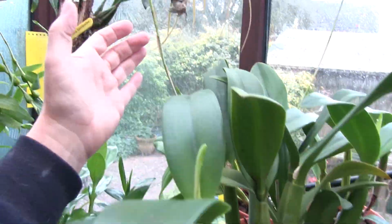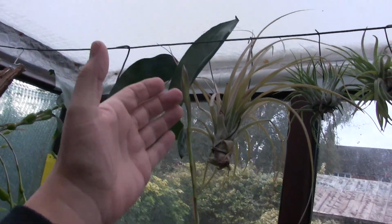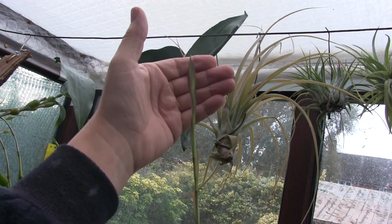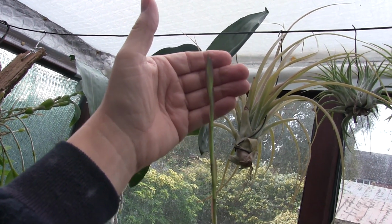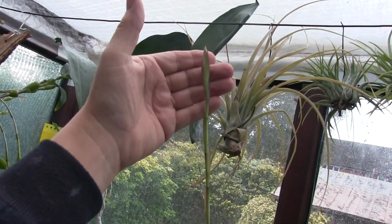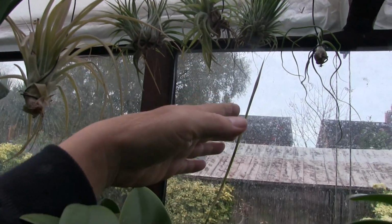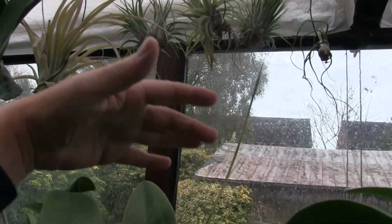But my Laelia anceps, hang on, where's the camera? I'm on tiptoe again. This is starting to shape at the tip, so that's soon going to start producing buds. That spike is about 15 inches long so far, and it's got 2 spikes. The other one's doing the same over here. So it's starting to shape